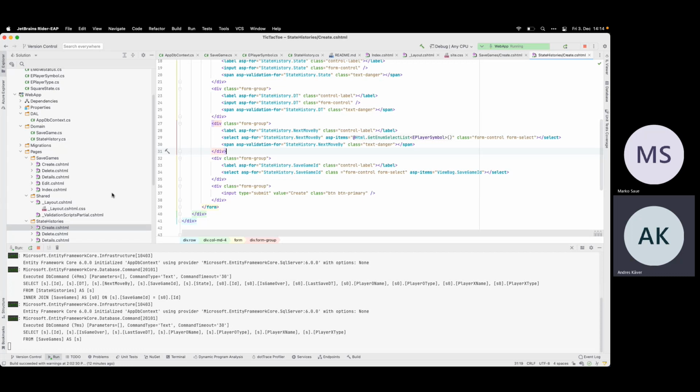we need to ask first for the names of the players and types of the players before we start the game, and probably who is making the first move. Then we can start the game.